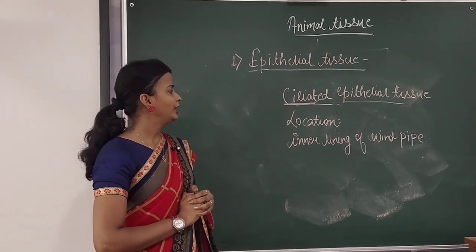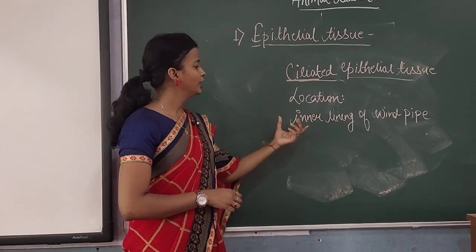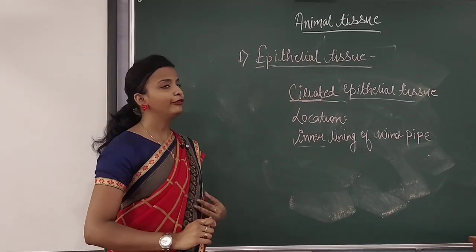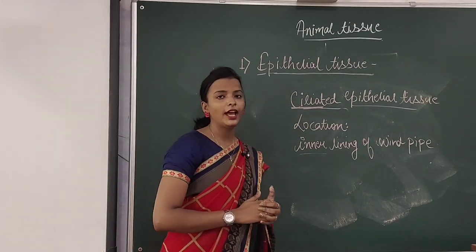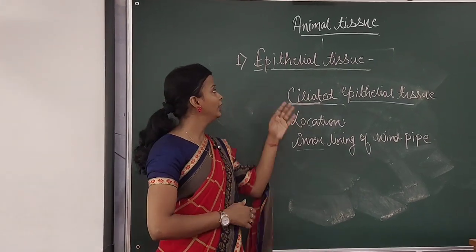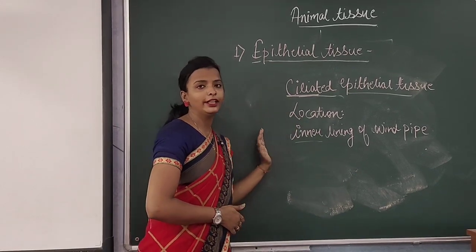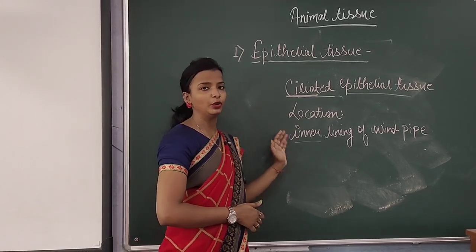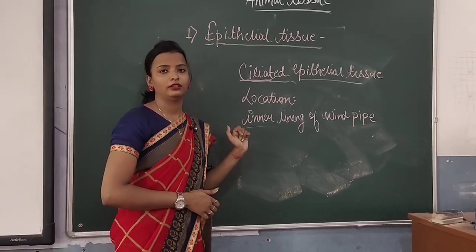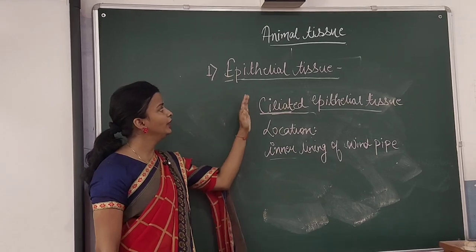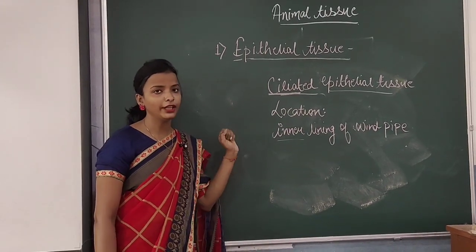Now one thing you might have seen is that in all the epithelial tissues, they are present on the inner lining, and when you talk about the function, the common function is only protection. As I am repeating again and again, the main role of the epithelial tissue is protection. So all the 4 types of epithelial tissues provide protection to our body. I hope all the 4 types of epithelial tissues are clear to you.